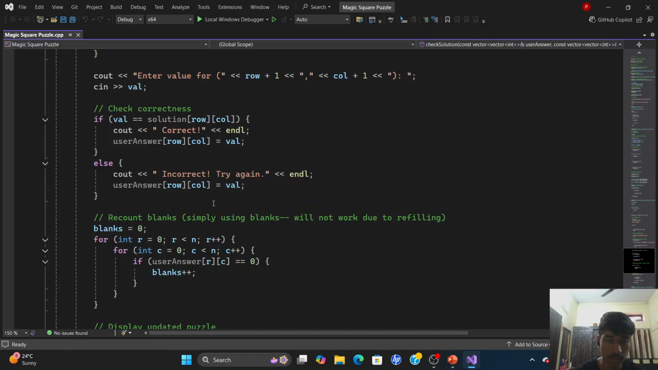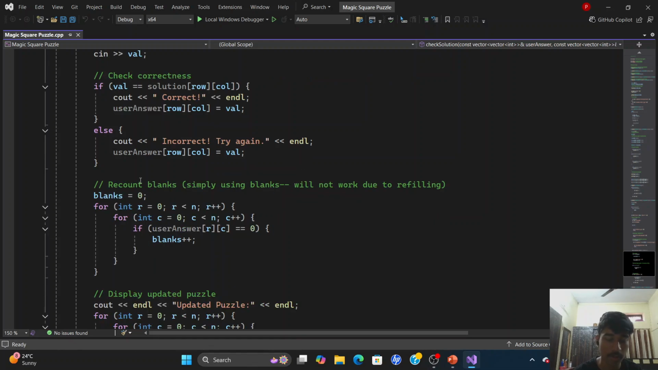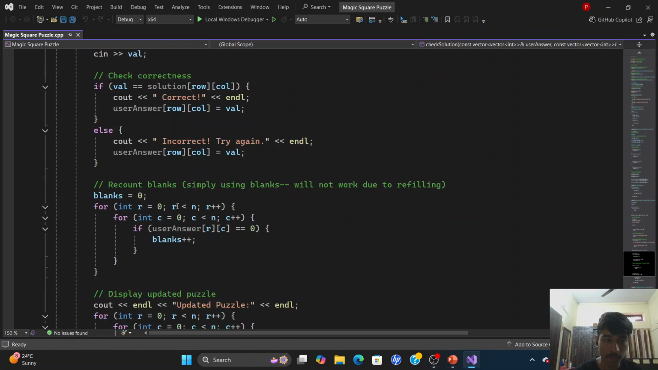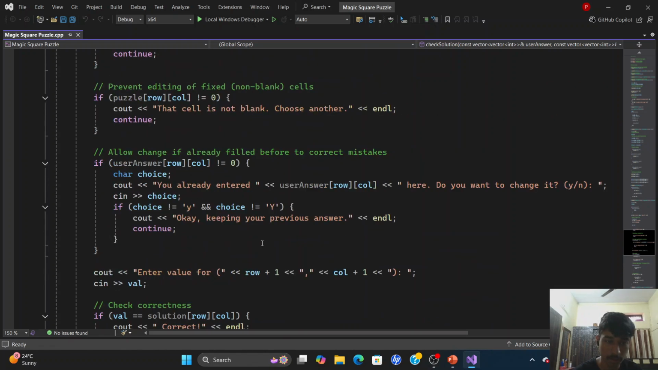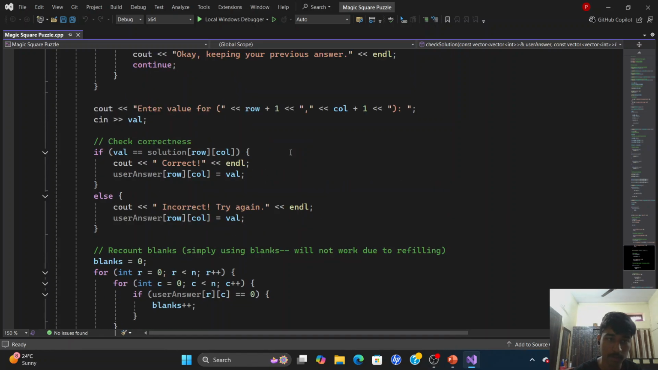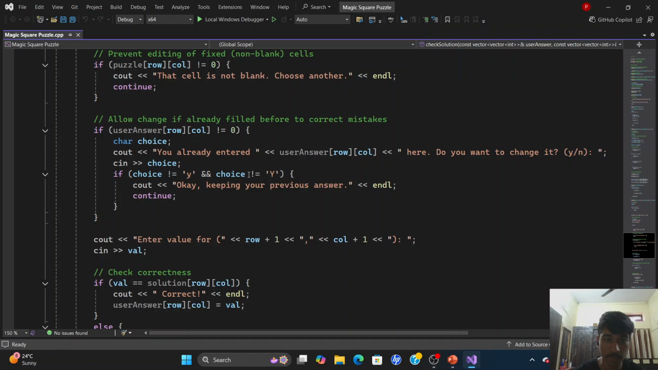So the user has to understand that he has to attempt it again. Now we have to count the blanks again after this. Simply writing blanks minus minus will not work here, as we are allowing the user to change the input. Otherwise, it will not work. So we have to count the blanks again in the same way using the for loop. If we use blanks minus minus, it will just create a problem as we want to change the